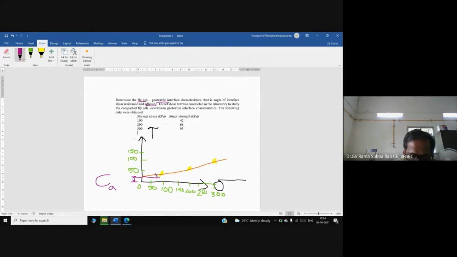Here you can see the angle of slope made by the failure envelope with the horizontal. This I want to write as phi SR. Phi SR is the interface friction between soil and reinforcement. Here we are using fly ash and geotextile. So this is the way we determine adhesion. To say once again, it is the intercept on the y-axis, that is the shear stress axis, and we have an angle of slope between the horizontal and the failure envelope. This is what I call phi SR. So thank you all.